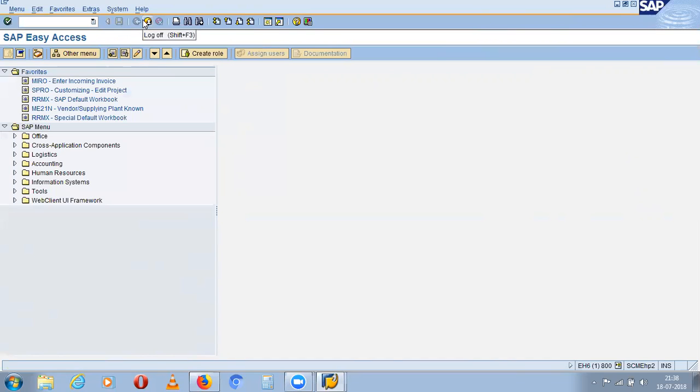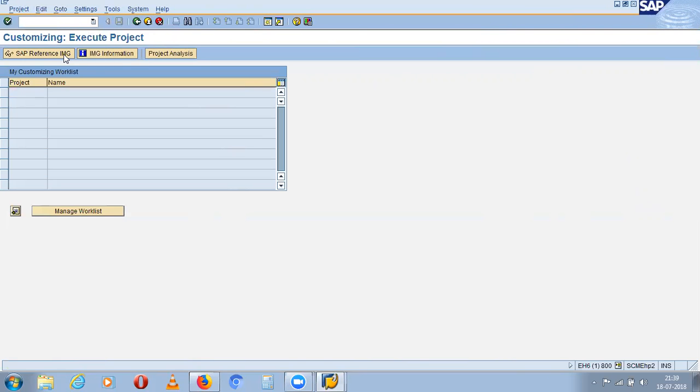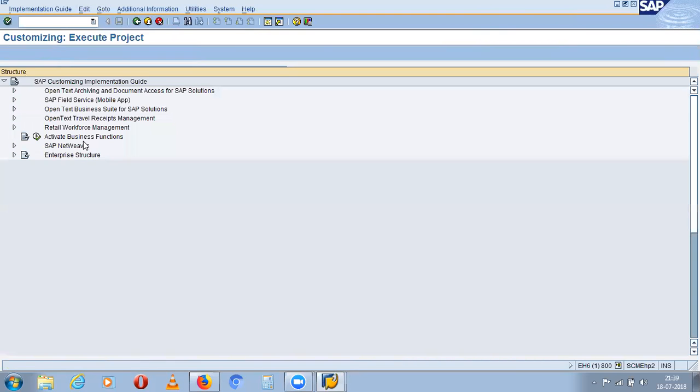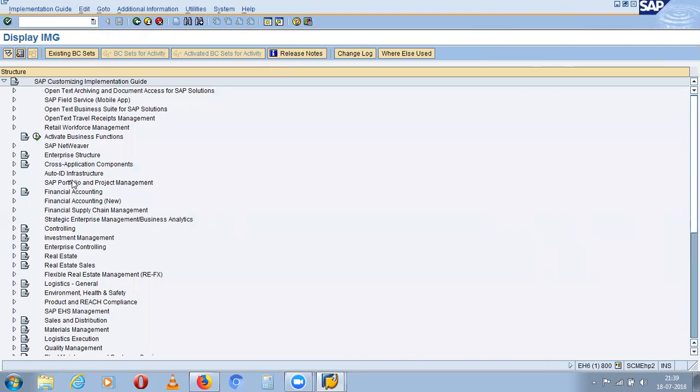Now again go to SPRO. We will create the company code. SPRO, IMG, Reference. What company code do you want to have? Company code A1. You can have a 4-character alphanumeric name.